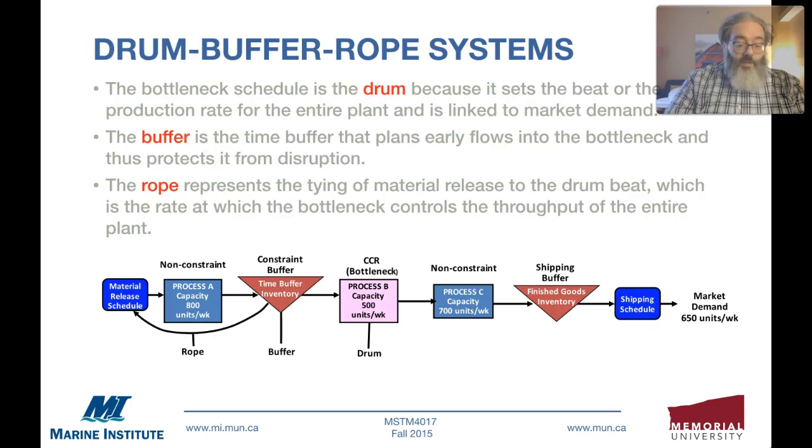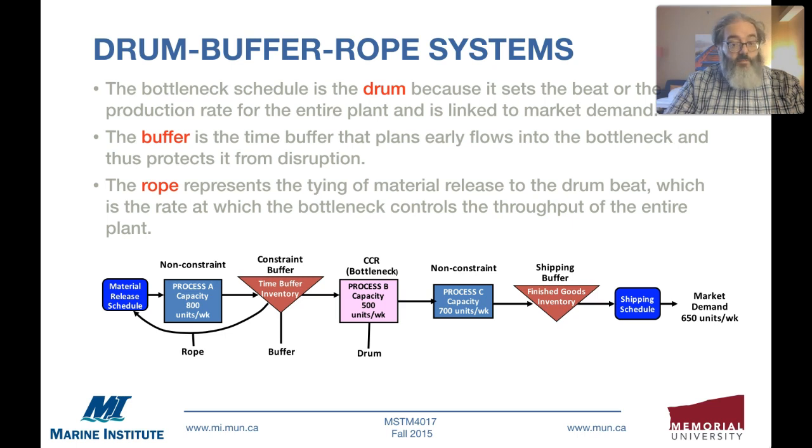All right, and now one of the mechanisms for resolution, I guess, of constraints after you've identified them is the drum buffer rope system. How that works is that your constrained process is your drum. So it is the beat. If you've ever rode in a dragon boat race, they have the drummer that sets the beat. That is, everybody moves to that beat. That's what we're talking about. So identification of the drum is basically the constrained resource or the bottleneck. Okay, so the buffer is going to go right before the drum, and it's an inventory time buffer. Essentially, it's just protecting flows so that process B can run at